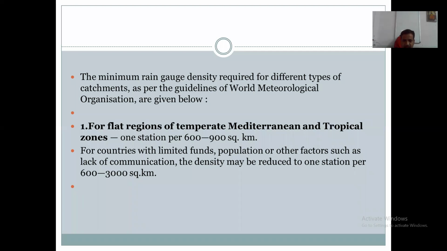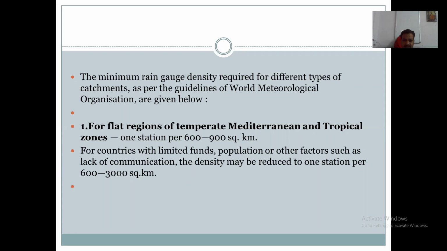installed. या एरियामध्ये किती रेन गेज स्टेशन आहेत? प्रत्येक 600 ते 900 स्क्वेअर किलोमीटरला एक स्टेशन त्यांनी घ्यायला सांगितलं. One rain gauge station is to be provided for per 600 to 900 square kilometer area. So this is for flat region,